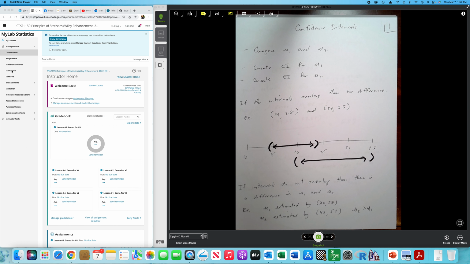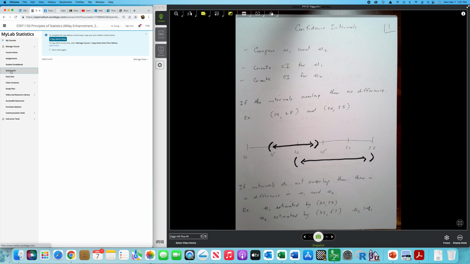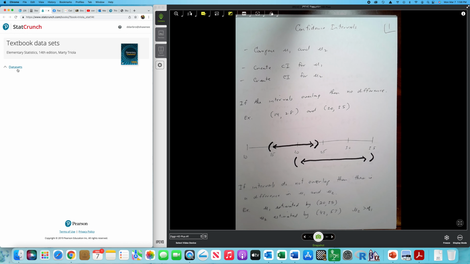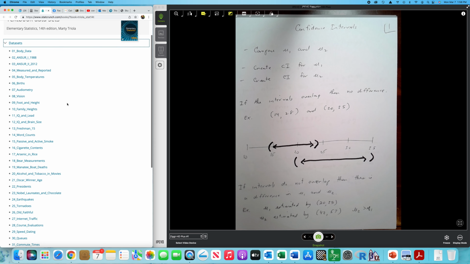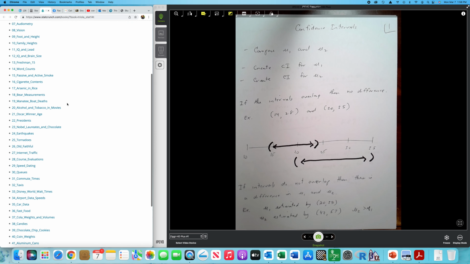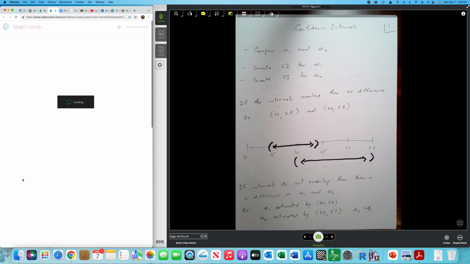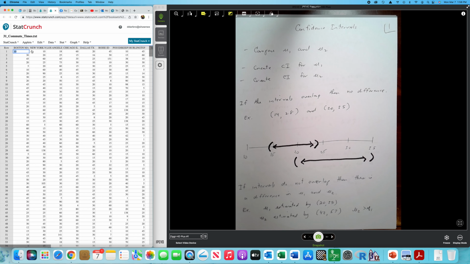So if we just go to StatCrunch, and let's open up data sets from your textbook and click here. There's a pretty interesting, at least I kind of think it's interesting, data set called commute time. There it is right there. It's a 31st data set. It gives us commute times in Boston, New York, LA, Chicago, Dallas,